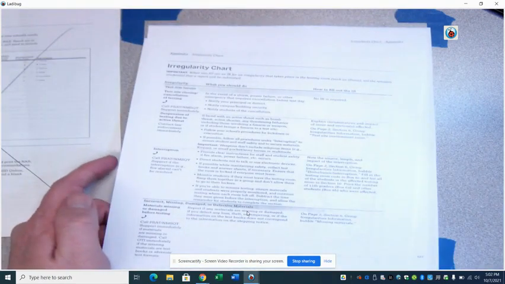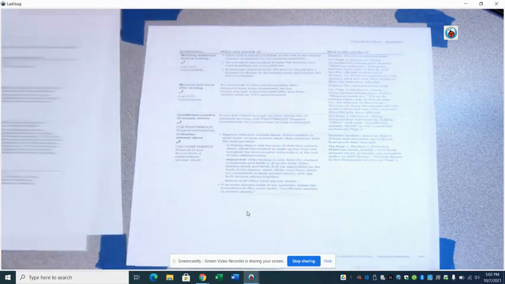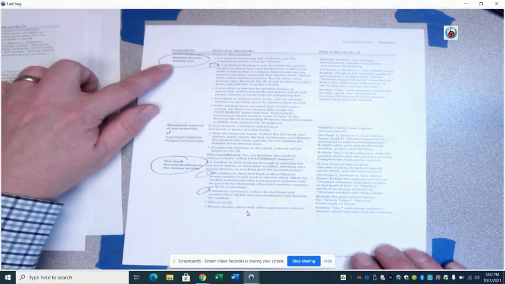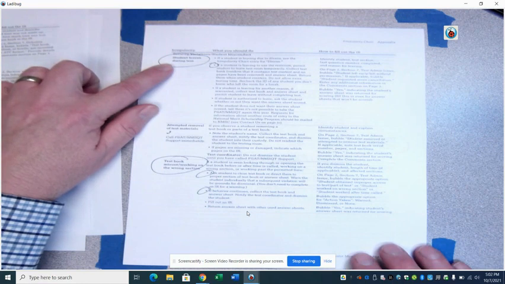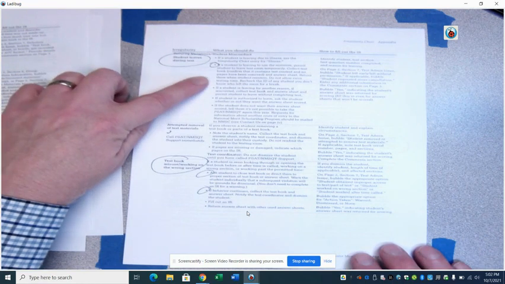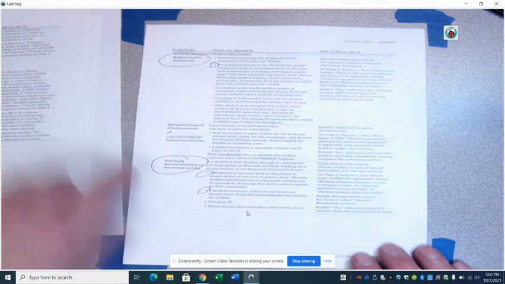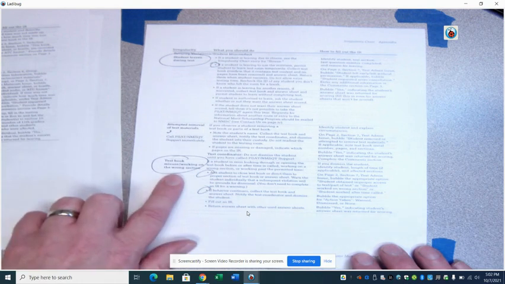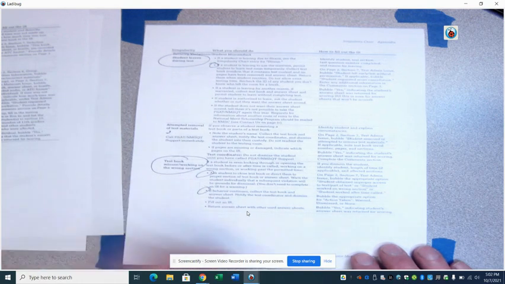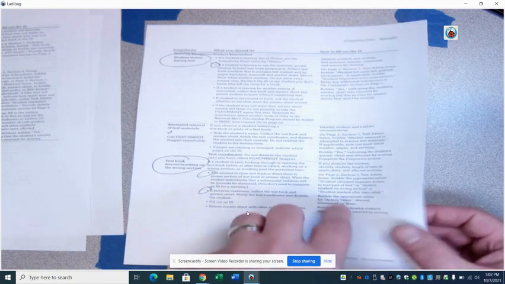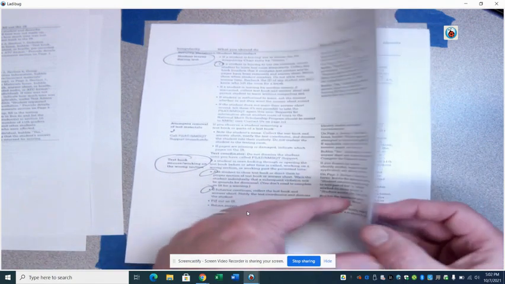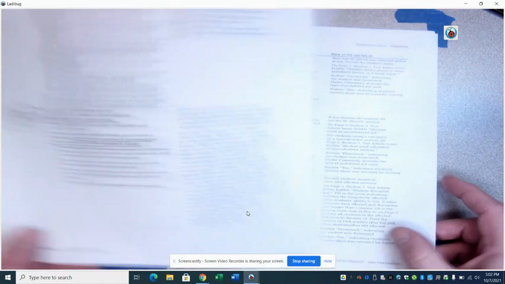We do have the irregularity chart, so you can look that up for some things. Highlight a couple of the things that are a little bit more common, such as a student leaving during the test. If they need to use the restroom, we talked about time continuing. Students working in the wrong section and what to do, how to handle that. Those are some of the more common things that might happen during the exam.